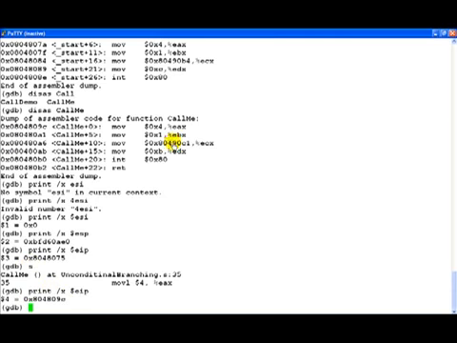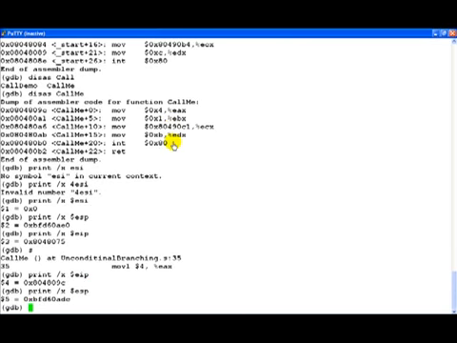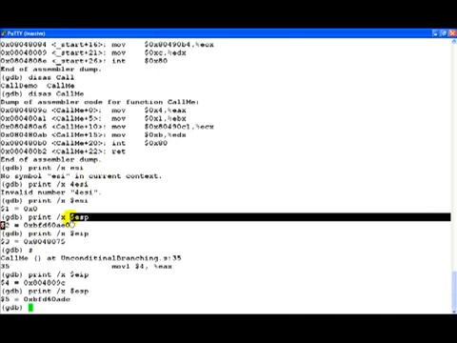Right. Interesting thing to notice is if we print right now the value of ESP, as you can clearly see, the value of ESP has changed.